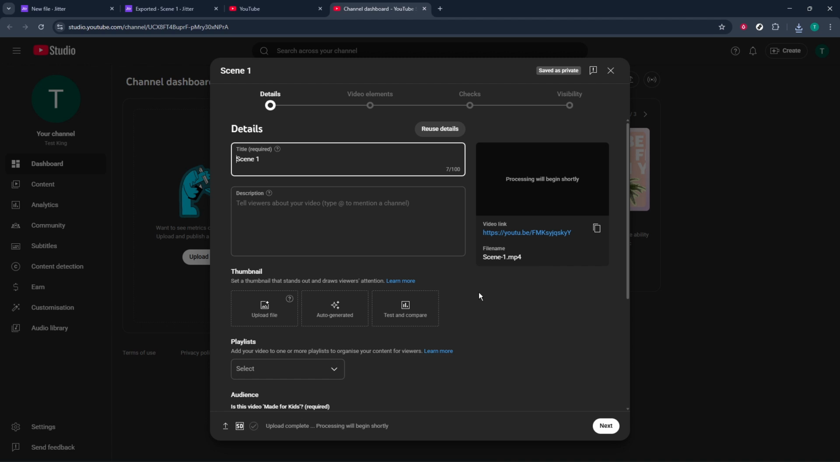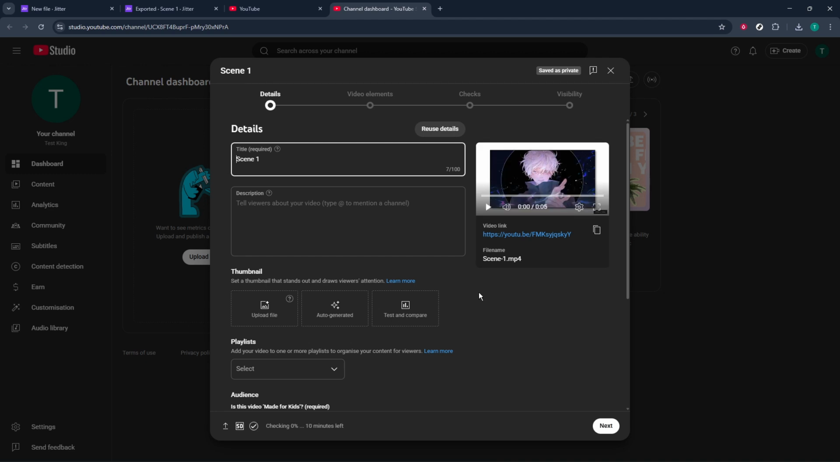Make sure to review your privacy settings, choose the appropriate thumbnail, and consider scheduling your video if you're not ready to publish it immediately. And there you have it, your Jitter video is now well on its way to being available to the YouTube community. By following these steps, you've successfully transformed and uploaded a creative project from Jitter into a format ready to engage